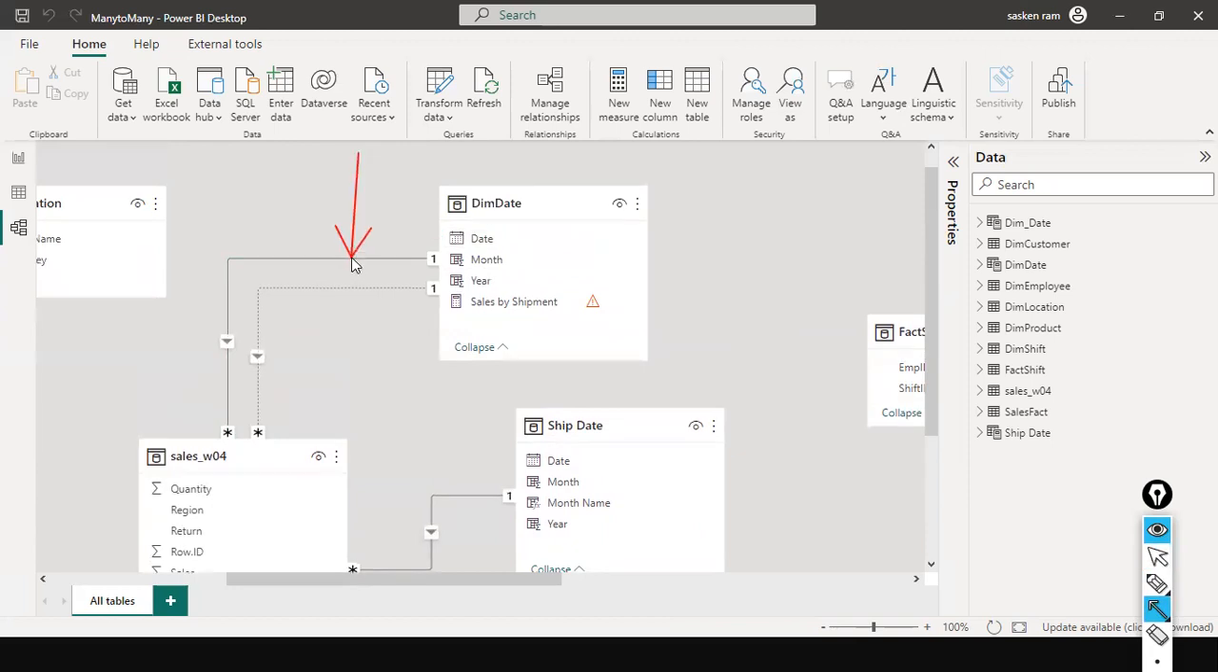Listen very carefully. Instead of having this, we are having two active relationships. So in this case, you don't have this one. In the second approach,